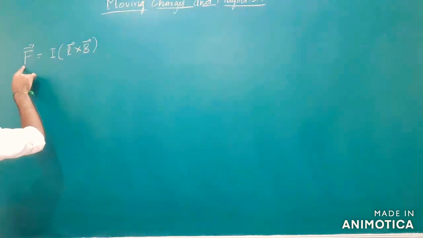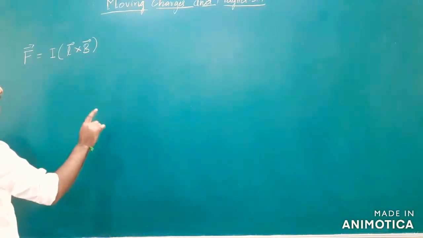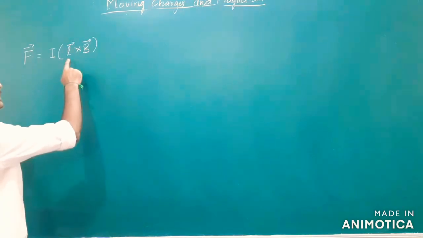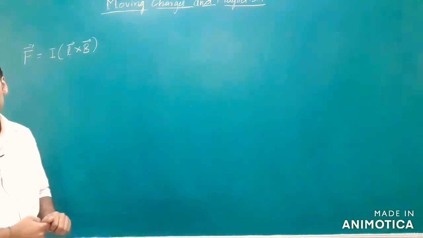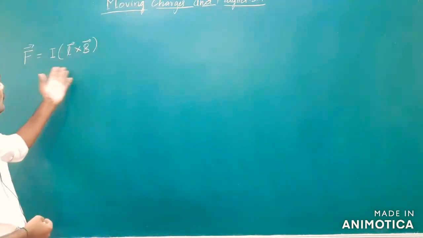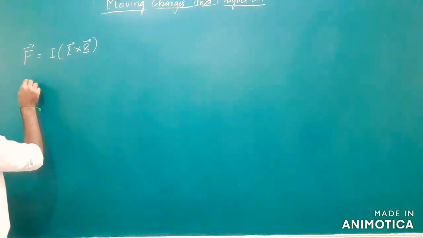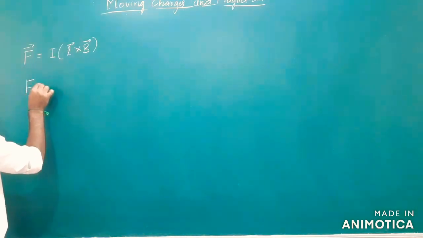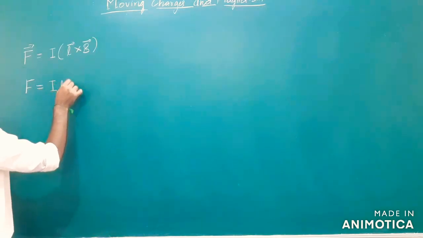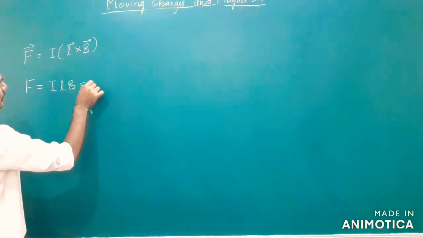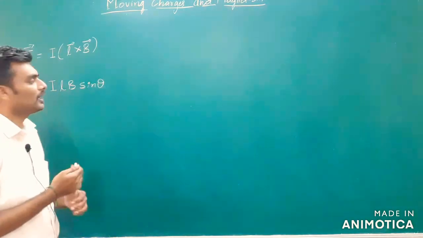Where F is the amount of force applied on the conductor, I is the current through the conductor, L is the length element of the conductor, B is the external magnetic field in which we have the conductor. So we need to take the cross product. Now, what is the magnitude of magnetic force experienced by a current carrying conductor? It is I L B sin theta, right? What is theta? Theta is the angle between L and B.